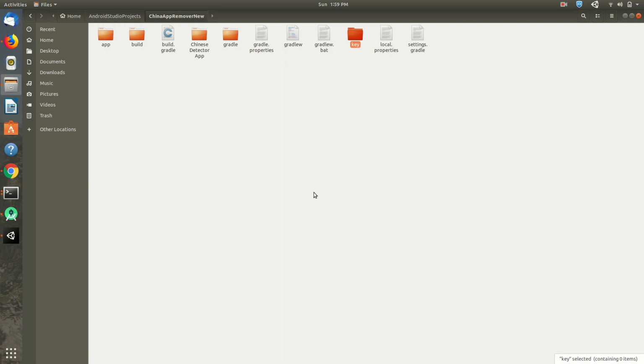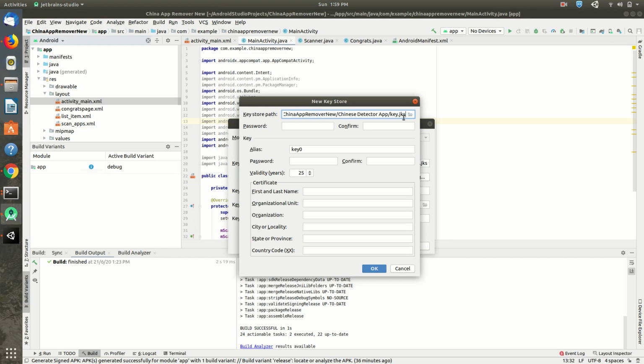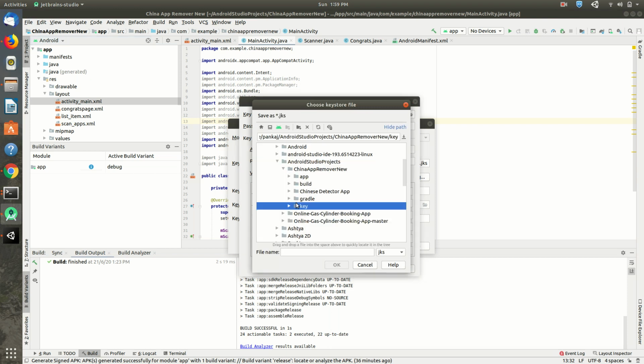Then click on this icon. Now it will ask you for a name, so just give any name you want, like I will give app remover. Then click on OK. Then it will ask for a password.